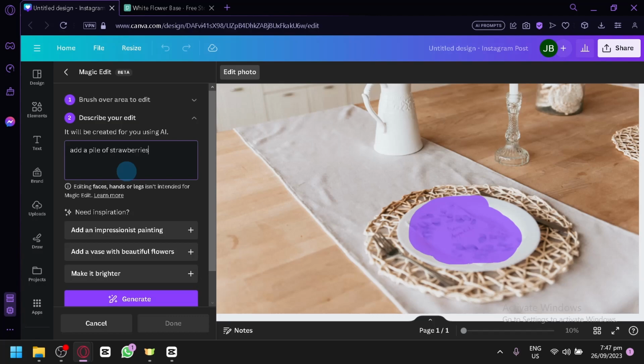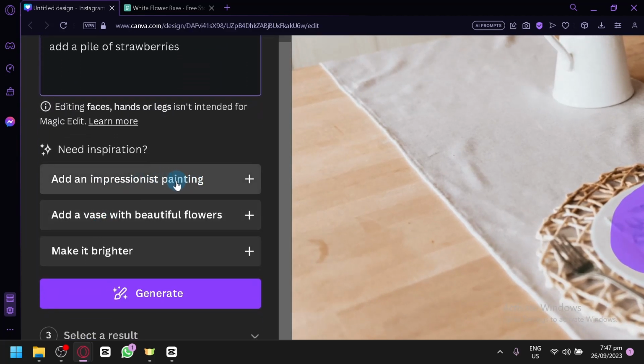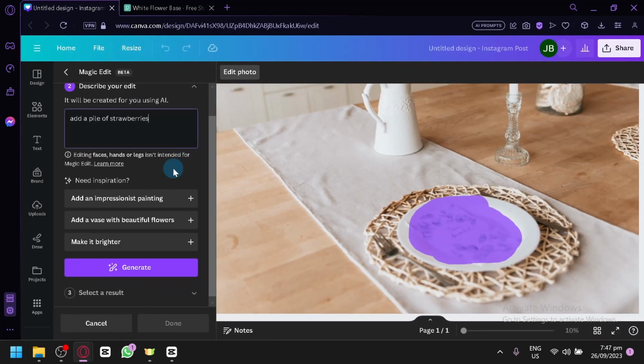There we go. If you don't know what to add and you want to simply test this feature out, there will be some inspirations over here, as you can see. For example, add impressionist painting, add a vase with beautiful flowers, or make it brighter. You could use this as an example of the different prompts you could ask the AI to do. So after selecting the part of the image that you would like to edit,